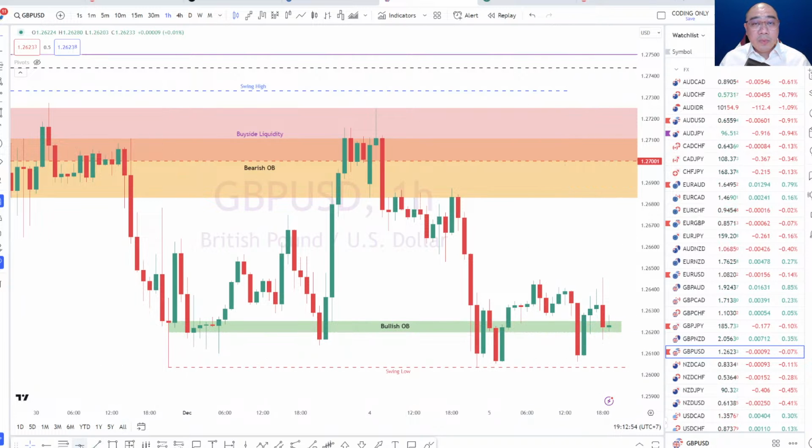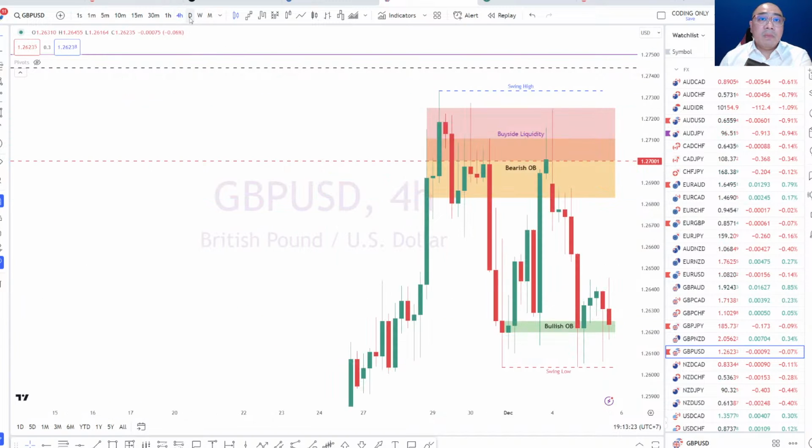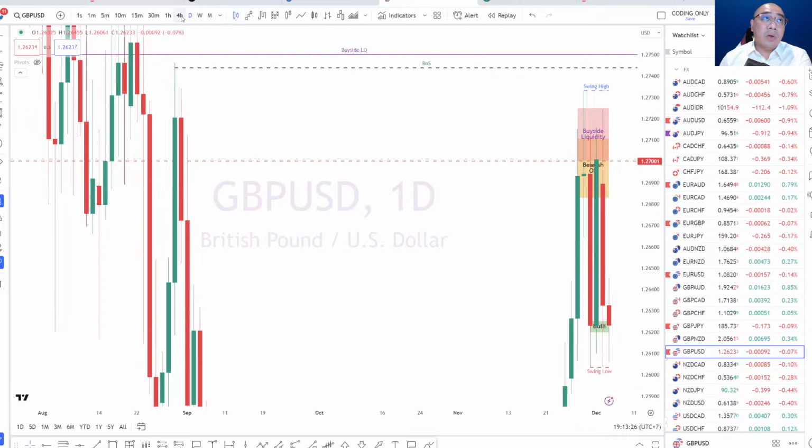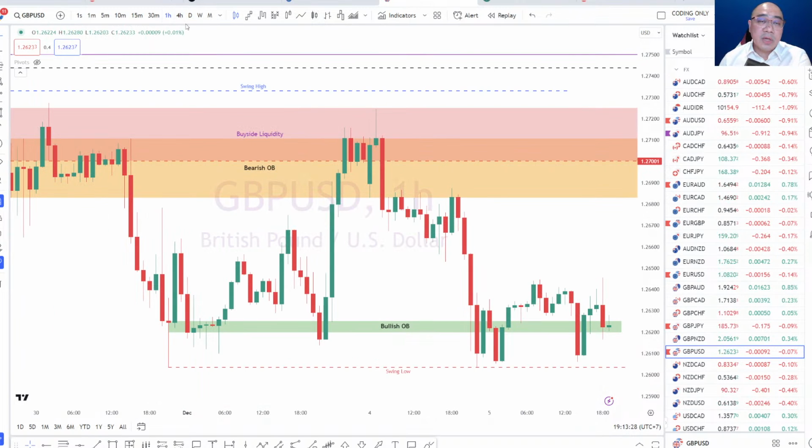And if we zoom in to that level, is there something exactly at 1.2625 that could potentially be holding the market from going down? Yes, there is, because our psychological levels would be anything that ends with 00, 25, 50, 75, and so on. Okay, so right now we have that order block at this point in time. It's probably irrelevant on the hourly time frame, but it's very relevant on the 4-hourly time frame as well as the daily time frame, because it's still holding the pound USD from sliding further.